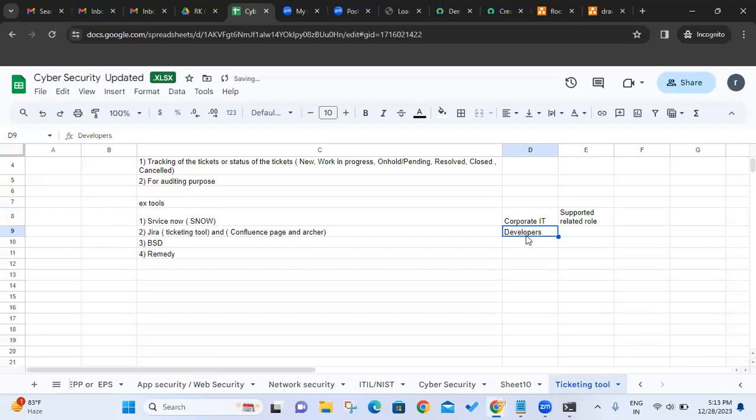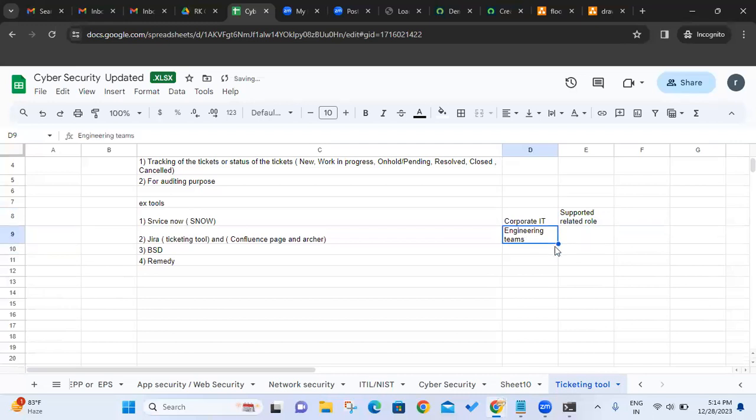So otherwise, instead of developers, I'll put engineering. That's better. Engineering teams. Engineering teams will use Jira most of the cases. Corporate IT will be used with respect to ServiceNow. Okay. Under the engineering teams, we have